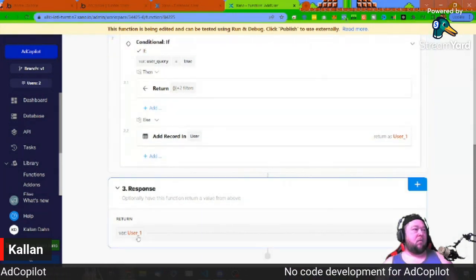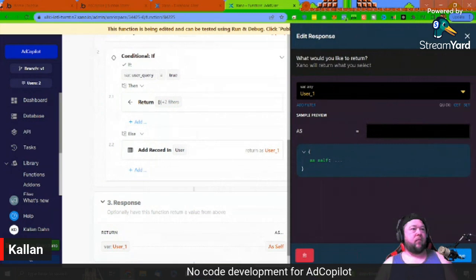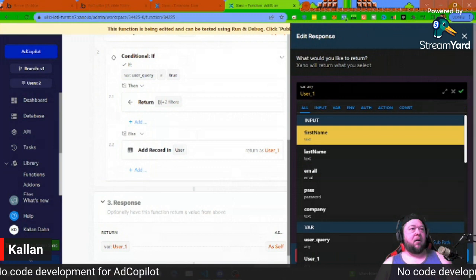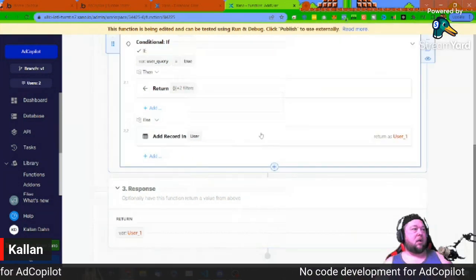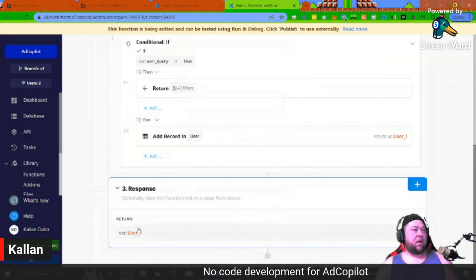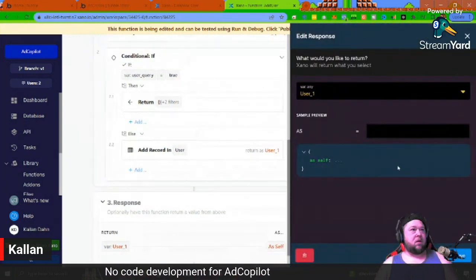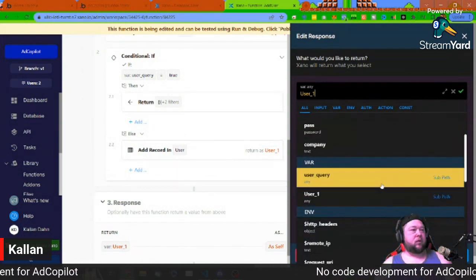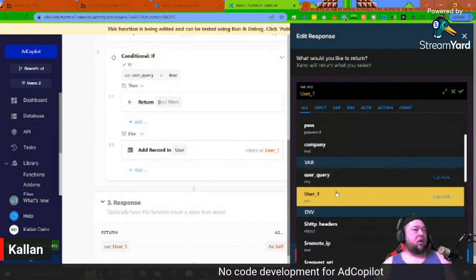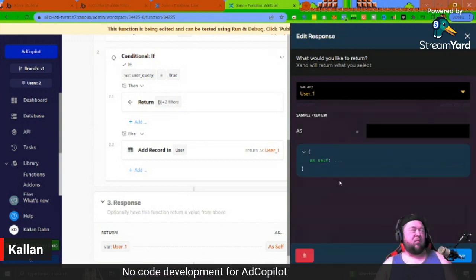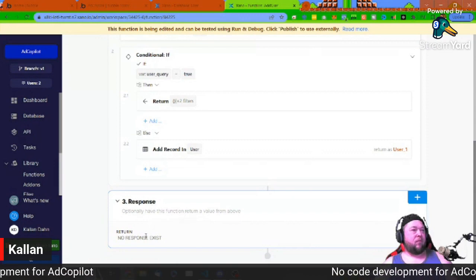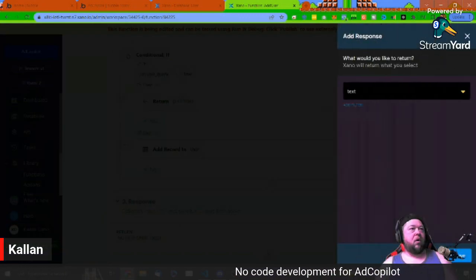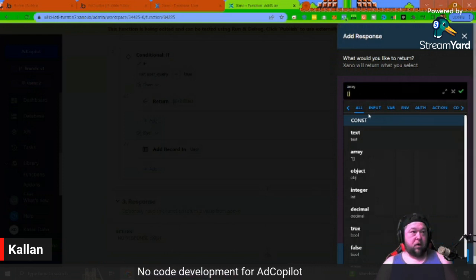And then, response, we should get back some information that we can use here so we can pass back the ID for the user. And we'll use that. Let's see. No, that's not what I want. What I want to return. Return a